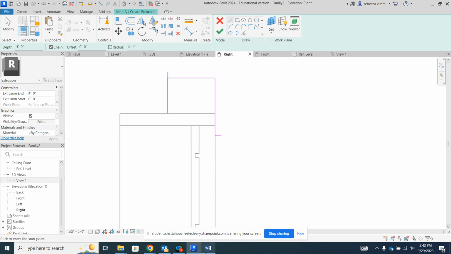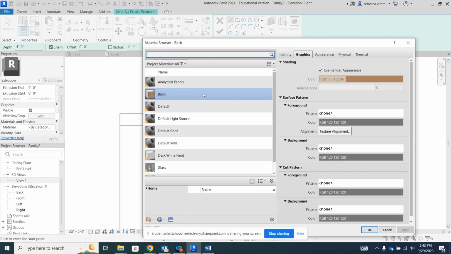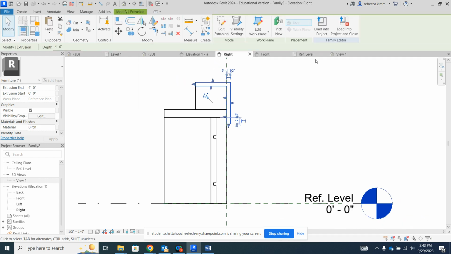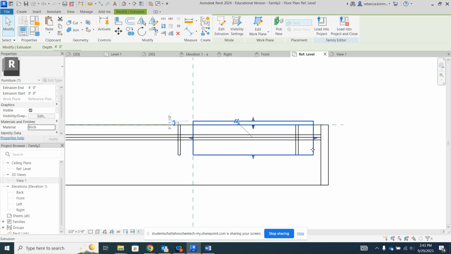And we are going to, what material do we want for this? We're going to make this birch as well. Hit OK. Check our reference view. Sometimes it's over. And so what's going on is it's starting at that 0 point, which the easiest thing with this is just to drag it to match